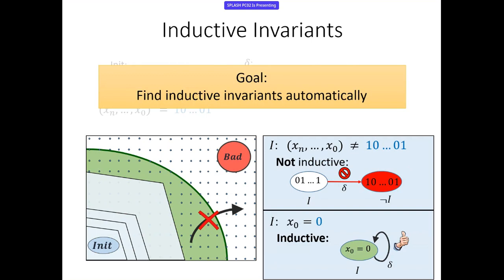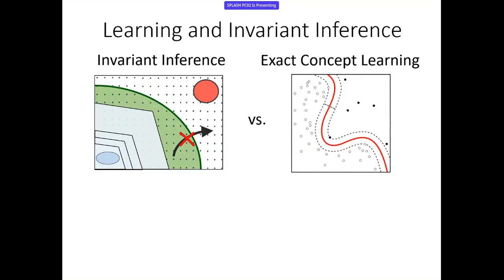A lively research direction in the last decade or so compares and contrasts invariant inference with another area of computer science, that of learning theory, and specifically the theory of learning concepts or classifiers, exactly using queries in the style of Angluin, where by interaction with a teacher, we want to separate the good points from the bad points, positive examples from negative examples. And this is somewhat similar to what happens in invariant inference when we want to separate the reachable states from the set of bad states, except that invariants are defined in terms of reachability, which is a new and interesting concept.